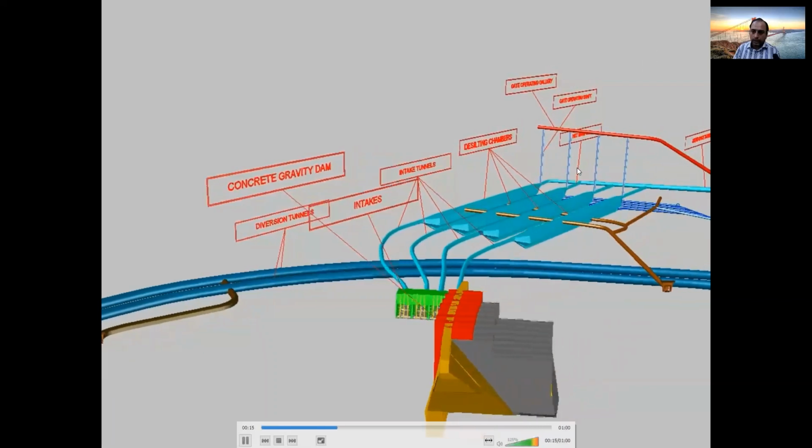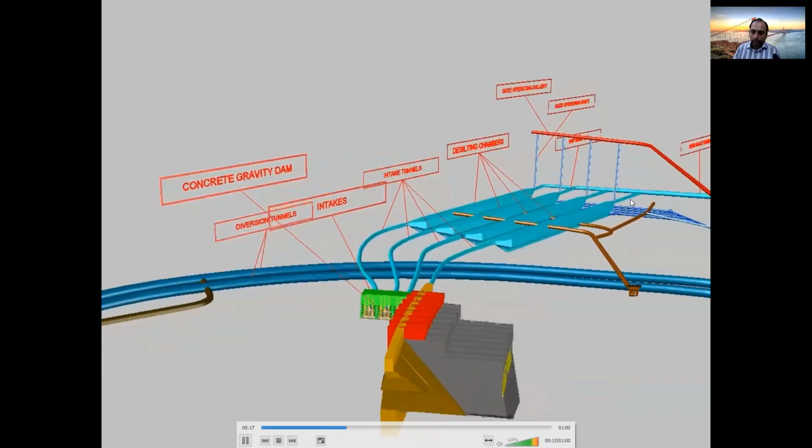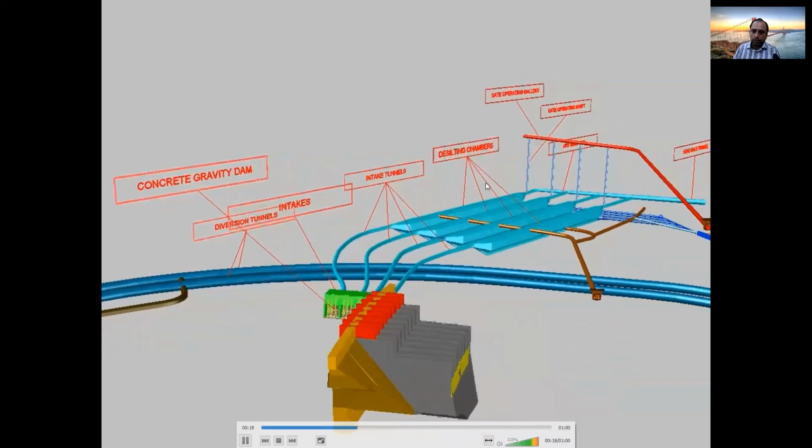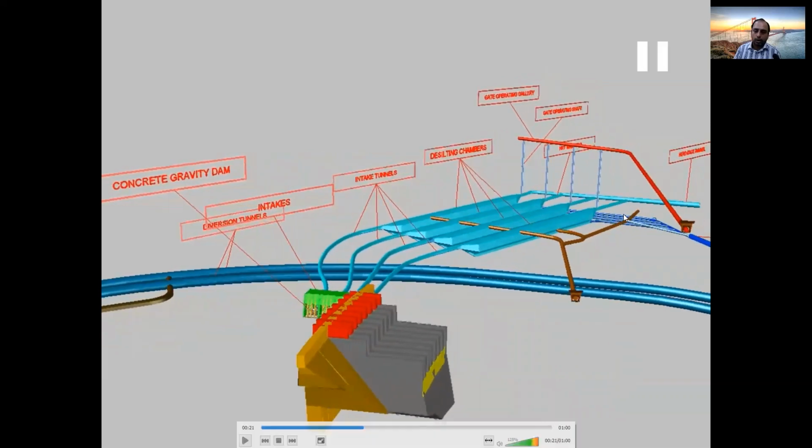Then you can see these HRT manifolds. Manifold is only a kind of junction for the HRT, the junction of the HRT with the desilting chamber. So these tunnels are meeting here, and clear water is taken from the top of the desilting chamber to the HRT, and the dirty water containing a very high amount of silt comes down from the bottom of the desilting basin and meets